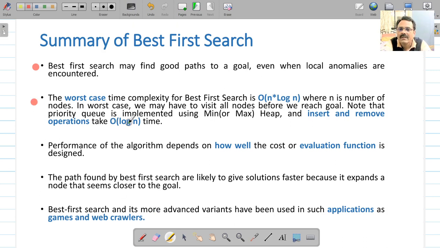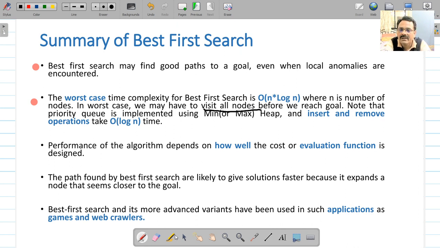In the worst case, time complexity will be of order n log n, where n is the number of nodes, and in the worst case the algorithm has to visit all nodes as we have seen. So in the worst case the algorithm will be visiting all nodes before reaching the goal.